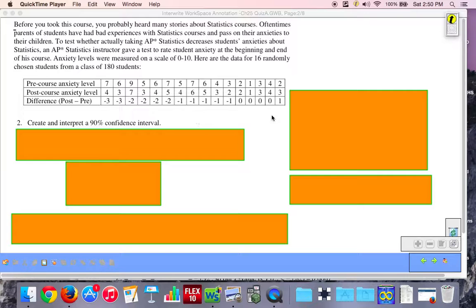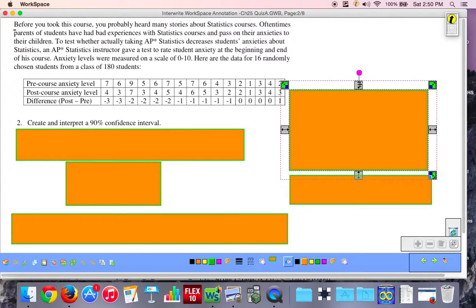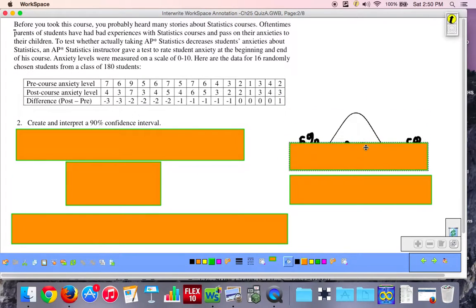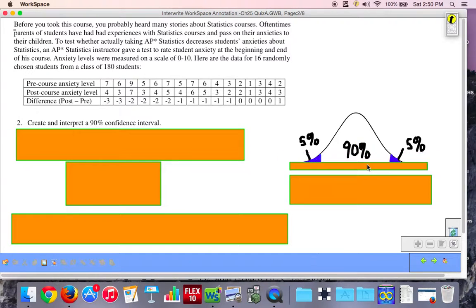Create and interpret a 90% confidence interval. So again, let's take a look at a 90% confidence interval. What would that look like under the curve? Well, let's see. Our curve would look like this. This is our interval, 90%. We would have 5% to the left of that interval and 5% of the area under the curve